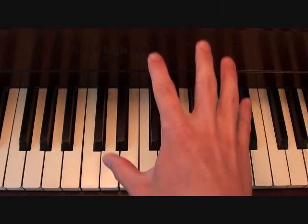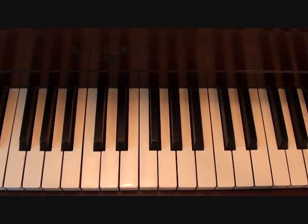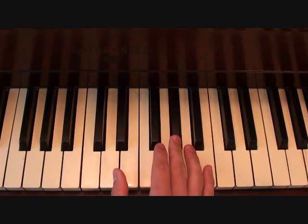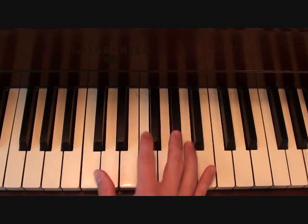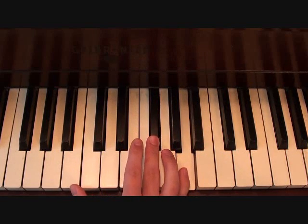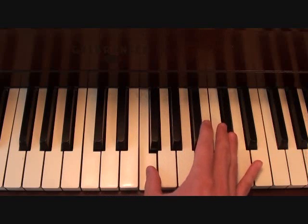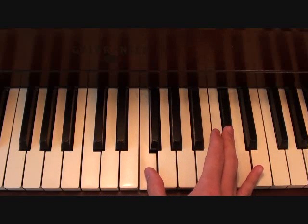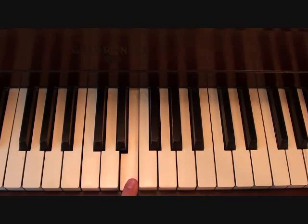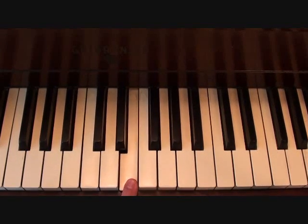So the right hand for this entire song is going to go as follows. You're going to start here on a G sharp, G sharp, B, A, G sharp, E, C sharp. That's an F sharp and an A together. That's an F and a C sharp together. Then you're going to hit this E, and then while you're holding that E, you're going to come up here